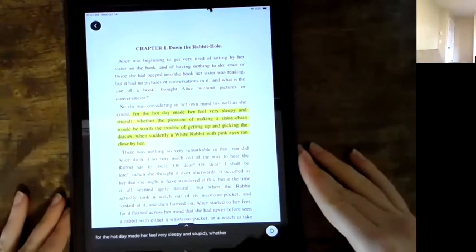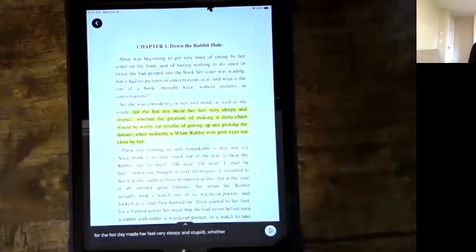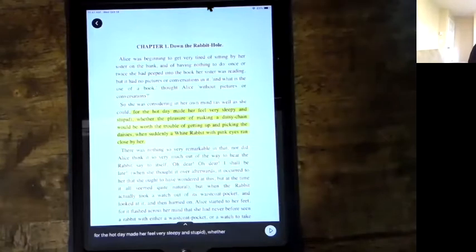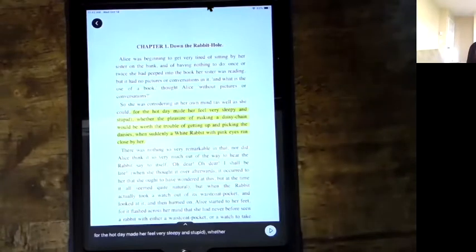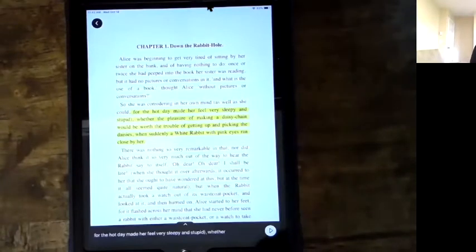Natural Reader. This is the free version of Natural Reader that I'm showing you right now. It does have a paid version as well that has some more options than I'll show you today. Natural Reader also does have a web browser version. So if you wanted to use it on Google Chrome or Firefox, you could open their website and copy and paste text in or upload a document and it will read it out loud to you.